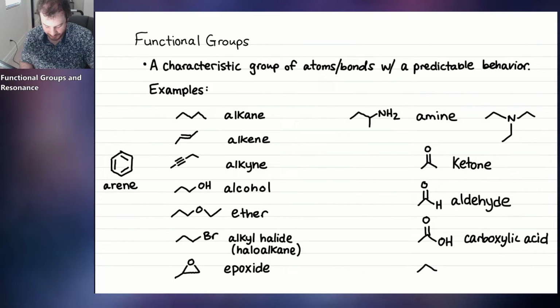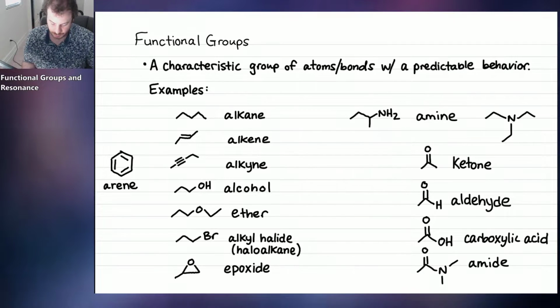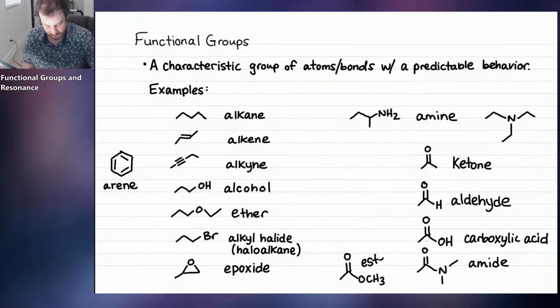If you have a CO double bond next to a nitrogen, that is called an amide. And one more, CO double bond next to oxygen on one side, that is called an ester. Okay, and there's going to be some more functional groups on a handout that's uploaded right beneath this video. It's an instructor download that's available to you that just has a list of all the functional groups.